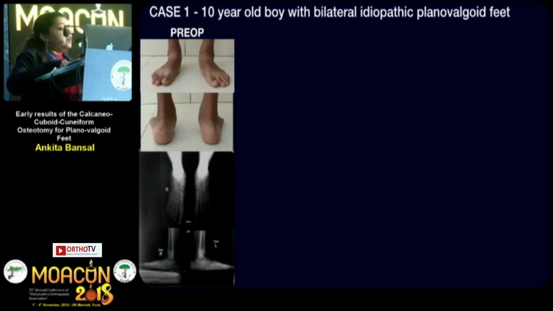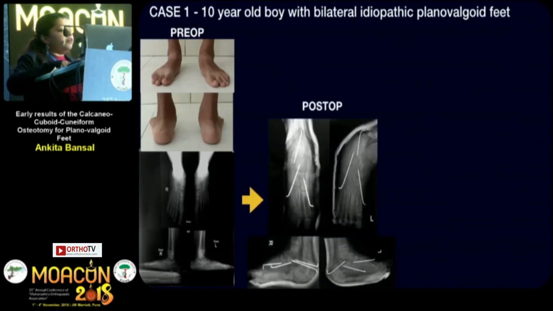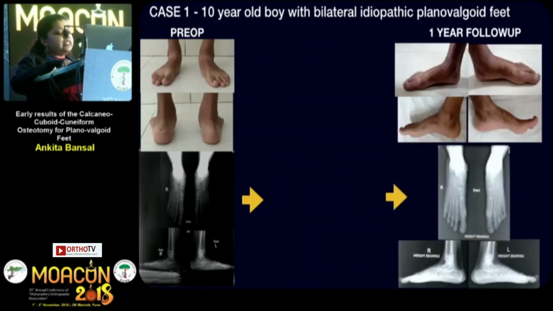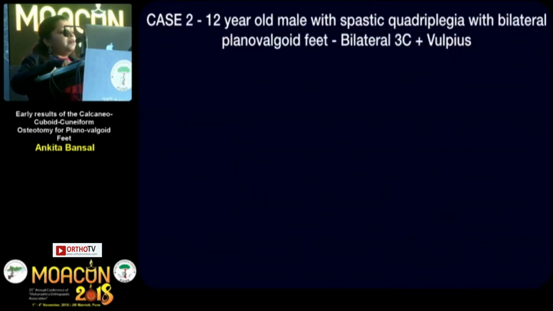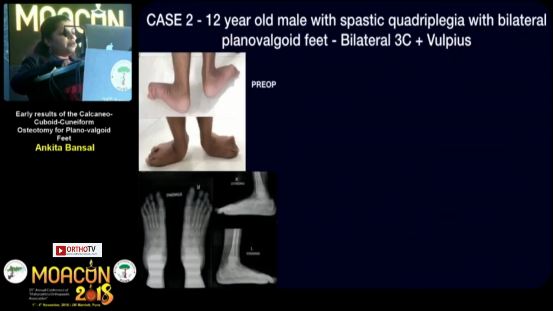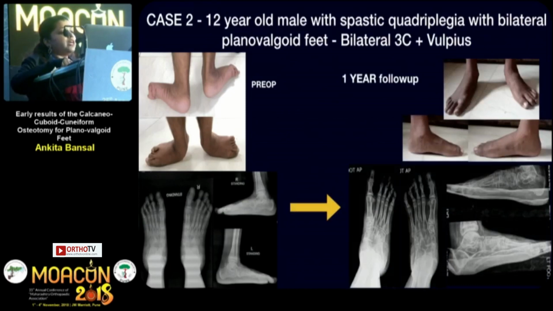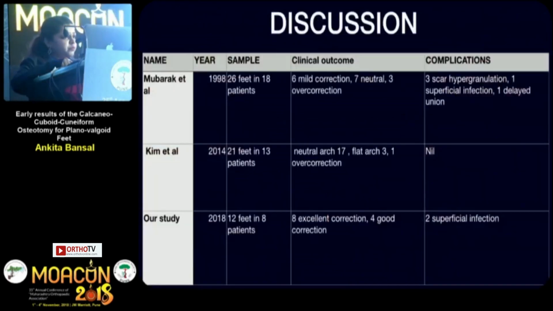To present a case example, a 10-year-old boy with bilateral idiopathic plano-valgoid foot was operated with the triple C procedure, and at 1 year follow-up we can see the presence of a medial longitudinal arch on weight bearing. Similarly, a 12-year-old boy with spastic quadriplegia with bilateral plano-valgoid feet was operated with the triple C procedure and the Vulpius procedure. He had a resolution of all his symptoms and a formation of the medial arch on weight bearing at 1 year. Our study is comparable with others